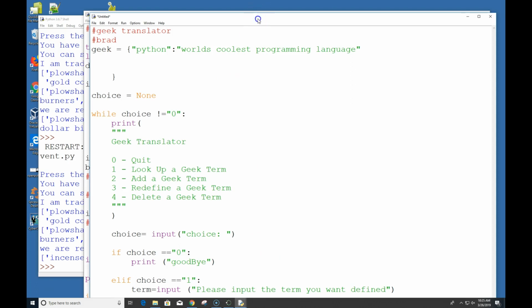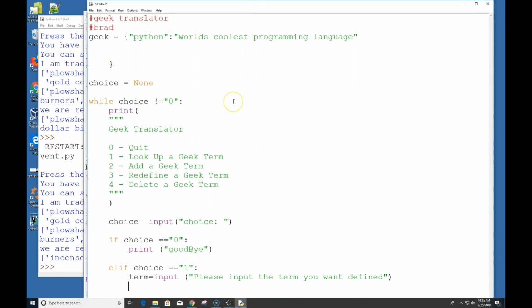Well, I don't know if whatever they type in is in my list at all, but I have a way to check. So I can create an if statement inside of here that says if term is in geek,